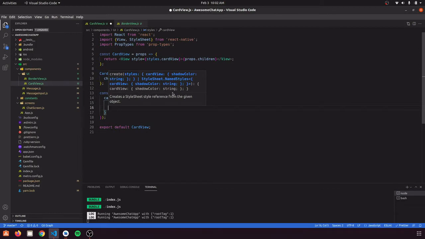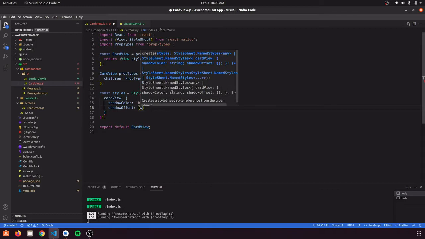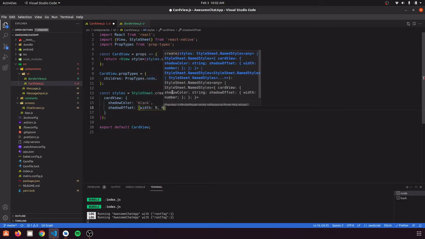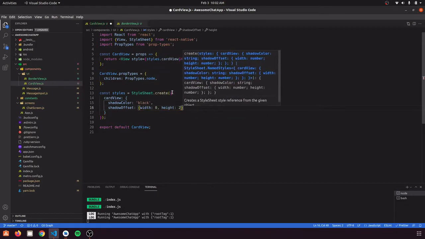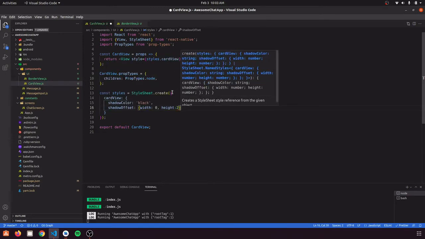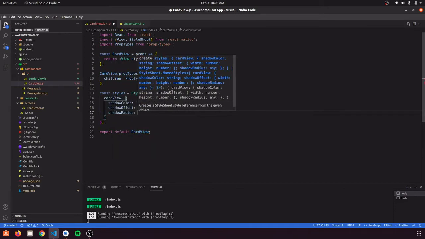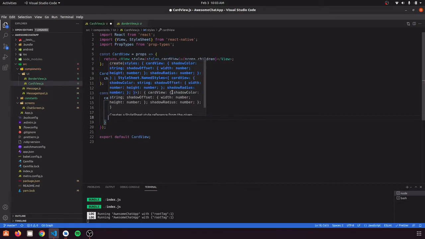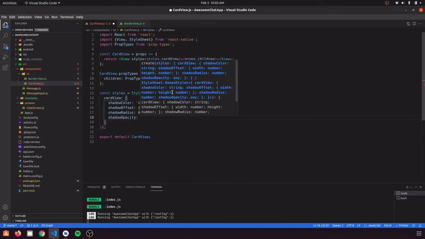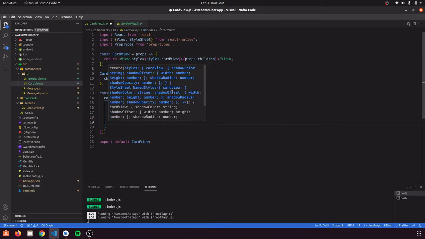We are going to give shadow offset as width equal to 0 and height equal to 2. Then we are going to give it a radius, shadow radius equal to, let's say, 6. Then we are going to give it opacity, that will define how opaque this shadow is. So let's just give it 0.26, which, I think, looks good.